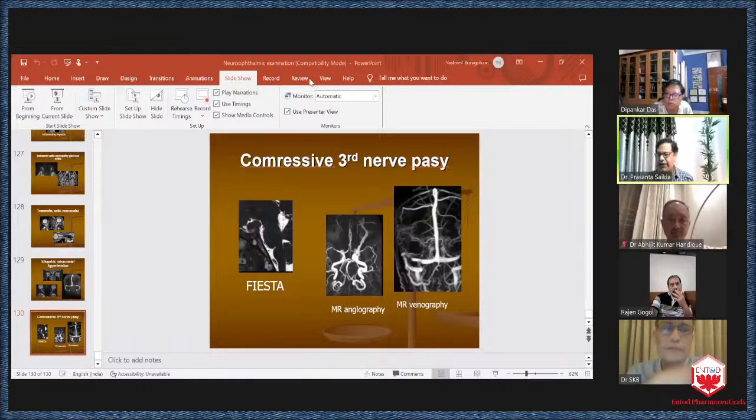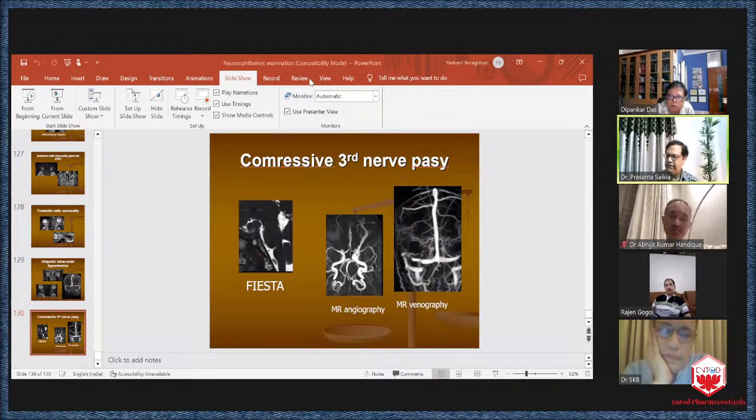Sanjay, just want to add 2 points. One is the importance of FFA sometimes, especially in Leber's hereditary optic neuropathy, if you want to differentiate it from other neuropathies, because there is disc swelling. But in almost all disc swelling, if you do an FFA, there will be leakage of the dye from the disc, and it is a hyperfluorescent disc. But in Leber's hereditary optic neuropathy, there is no leakage from the disc in FFA, and it is a very important finding. And one more thing in FFA is